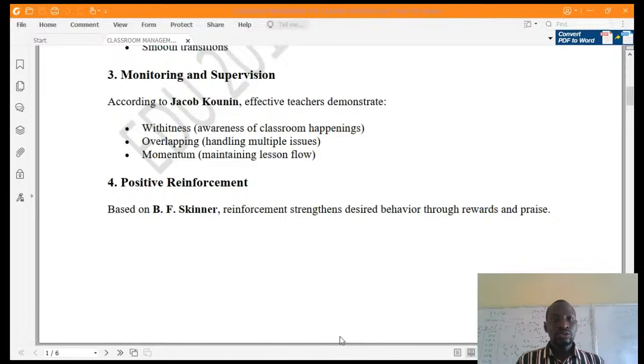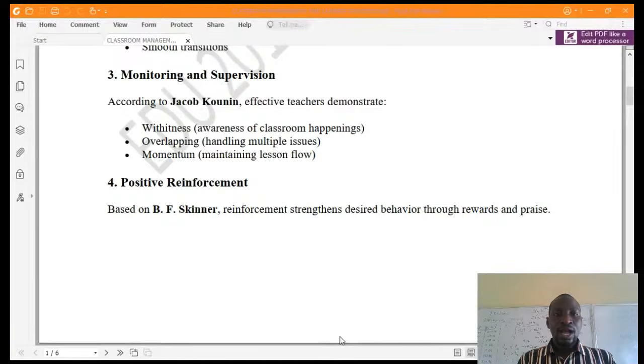Then you do overlapping, multitasking. While you are teaching, you're also looking at their psychology and their non-verbal communication, and you maintain momentum. Let your lesson flow. While you are doing that, you'll also be monitoring learners' progress by doing what we call formative assessment. All these will help your learners to be alert and active in the classroom rather than engaging in other activities that will deviate from the expected